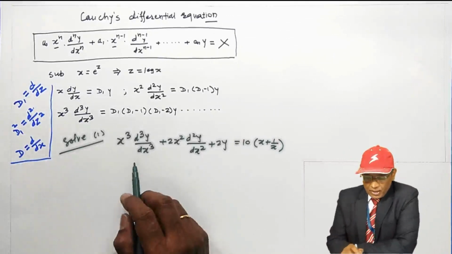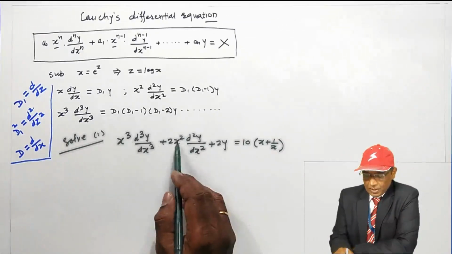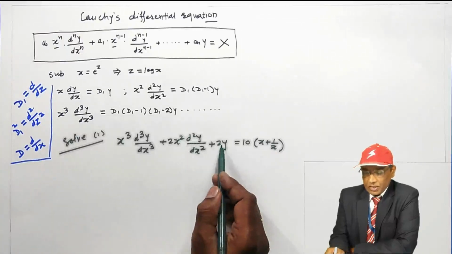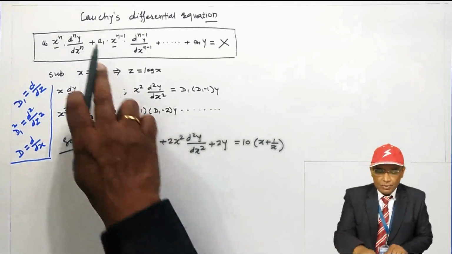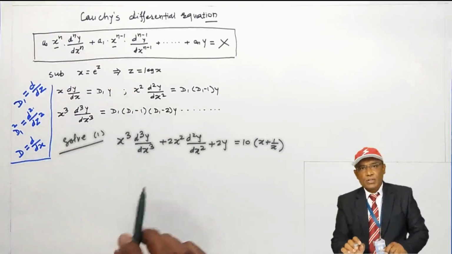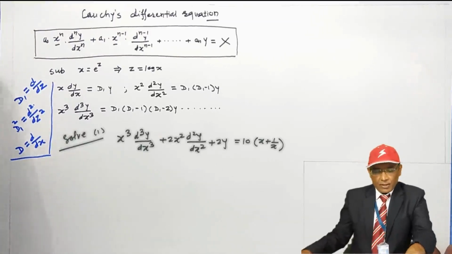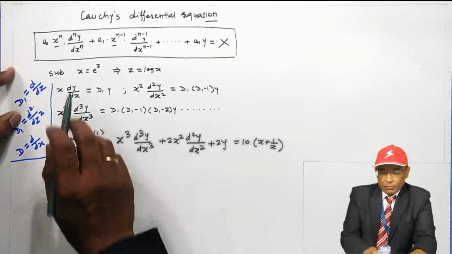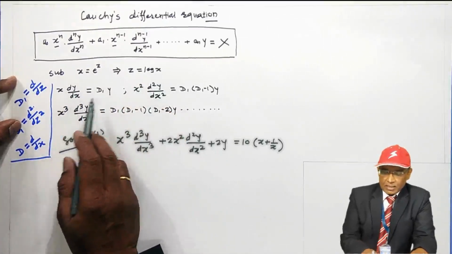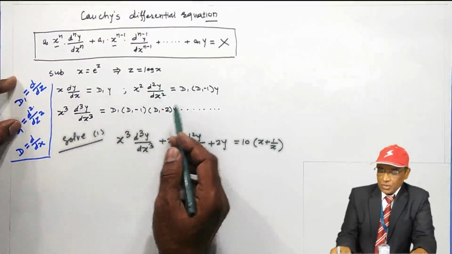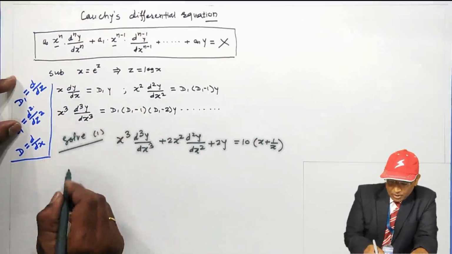Is it a Cauchy's differential equation? Yes, because see, the power of x is the same as the power of d: the power of x is 2, the power of d is 2; the power of x is 0, the power of d is 0 in this case. This differential equation is of this type, but the order of the differential equation is 3. If this is Cauchy's differential equation, then substitute x equal to e to the power z, z is log of x. Consequently x dy by dx is D1 y, x square d2y by dx square is D1 (D1 minus 1) y, in this way. Now this differential equation becomes